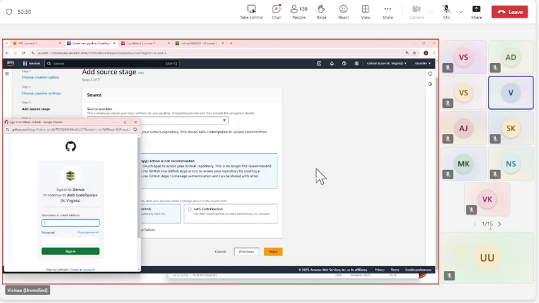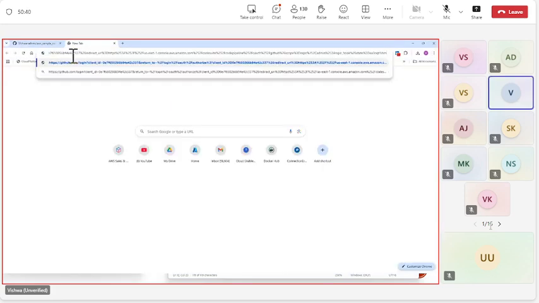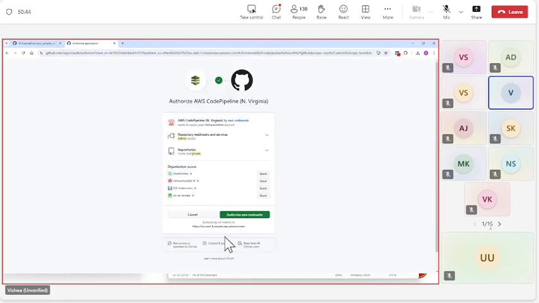It is asking me to connect to the GitHub. This is forcing me to connect to the GitHub.